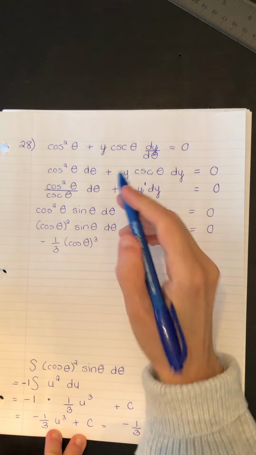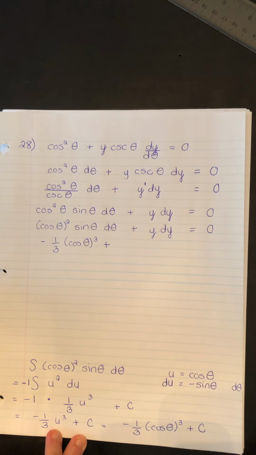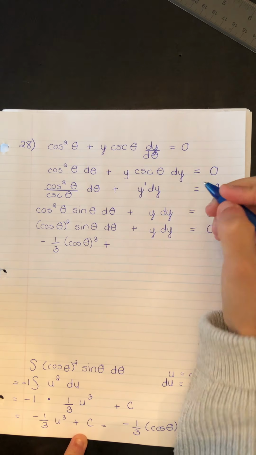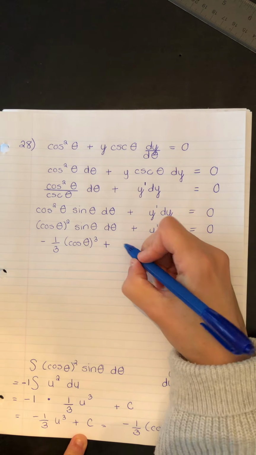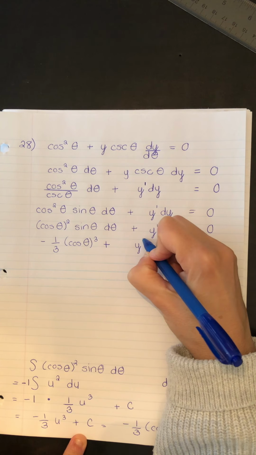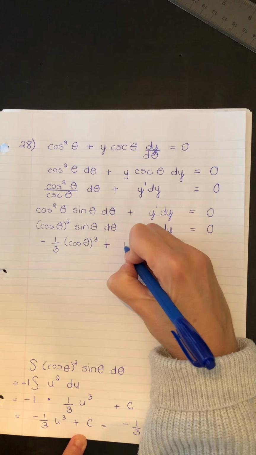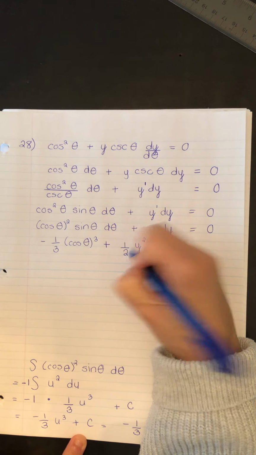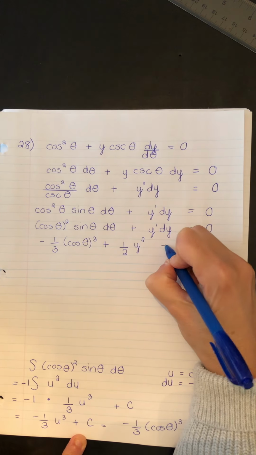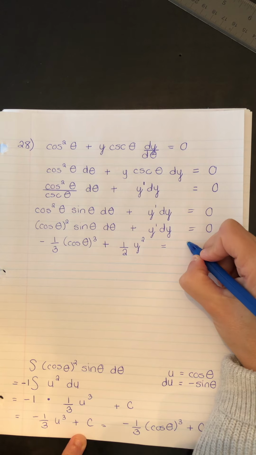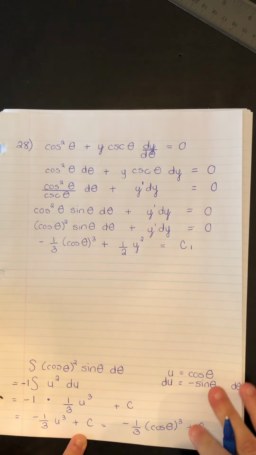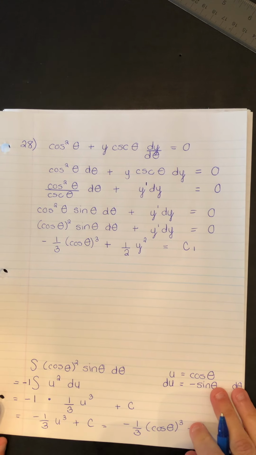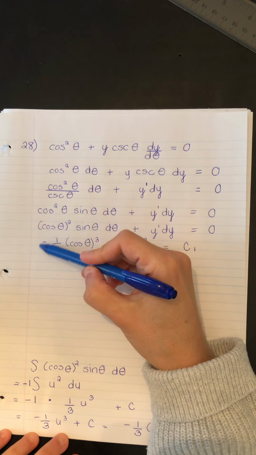Now we're here at the plus sign. And so what do we do? We integrate y. And remember, it's the same as y to the 1. So how do we integrate it? All we do is add 1 to the exponent. In front of that will be 1 over the new exponent. And here's where we'd put in the 1 constant for the whole equation. Okay? And I'm just going to temporarily call that C1